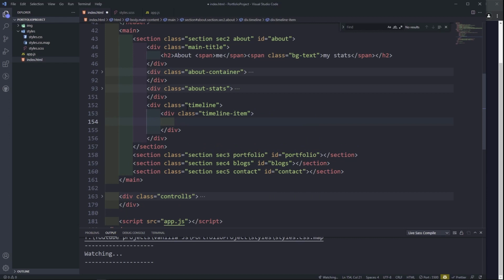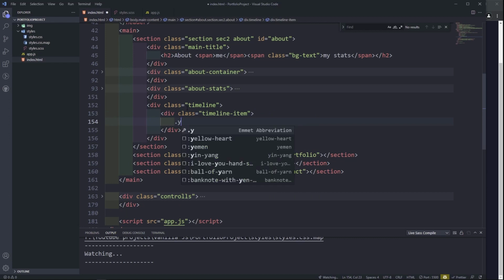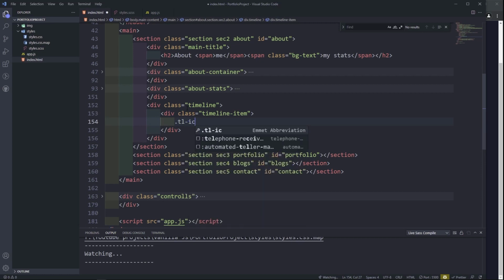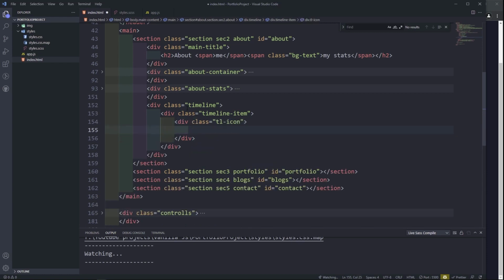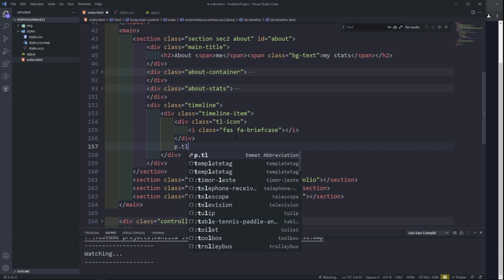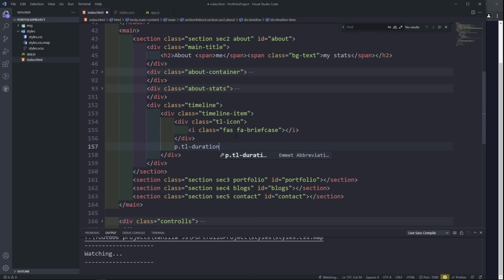So in the timeline item, I'm going to say dot timeline icon. So we're going to have an icon as well, and then the icon is going to be like a briefcase icon. I'm going to put that. You can go to Font Awesome and look for any icon that you're looking for, and then p.tl timeline duration, and then here you can put like a duration of when you started working for a company